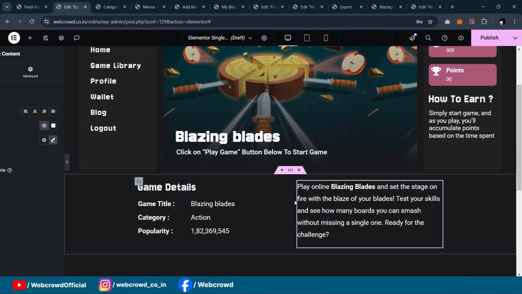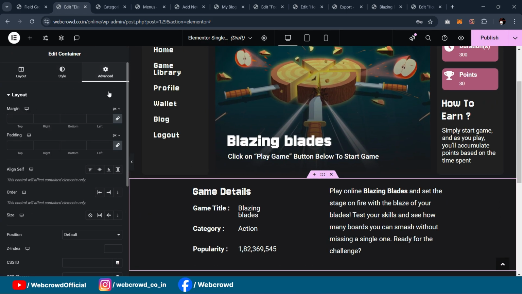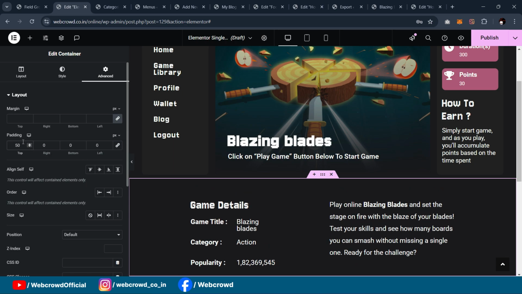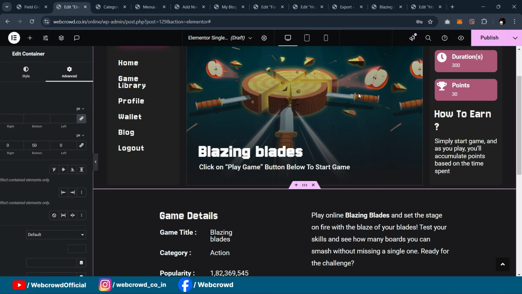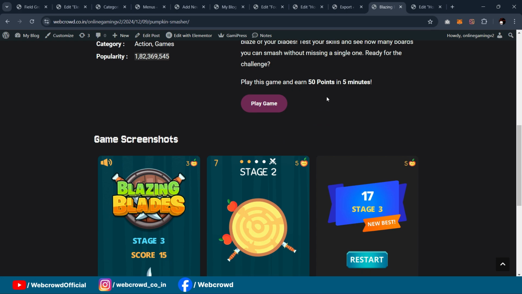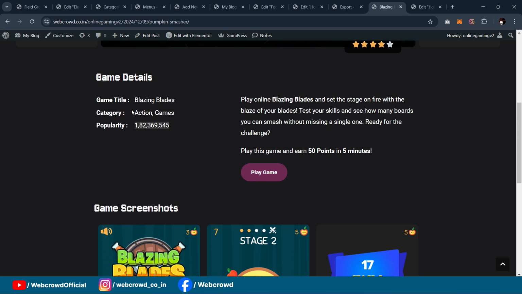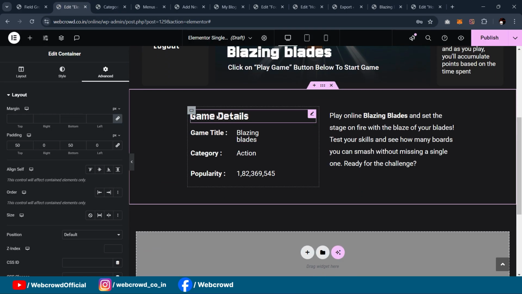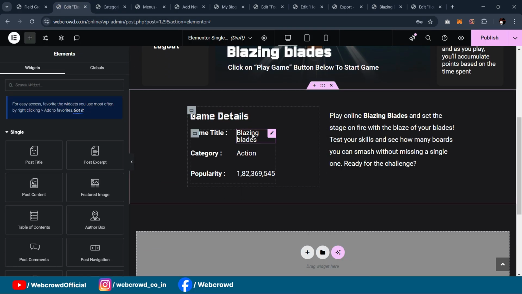so that's great. Let's add the padding from top, like 50, and bottom as well 50. So finally we just finished our post template. At the bottom we are left with this showing the game screenshots. Copy it,